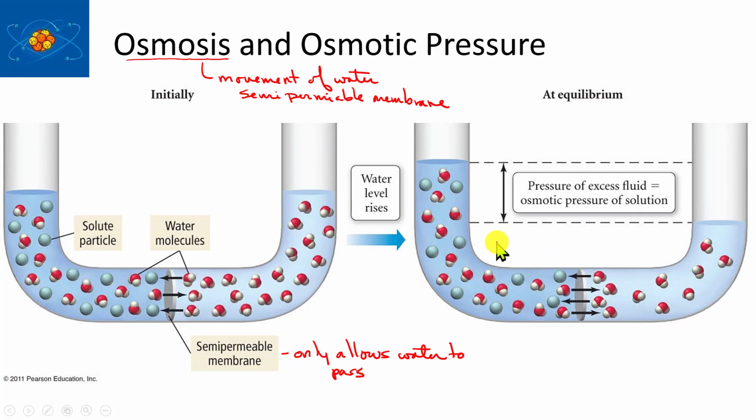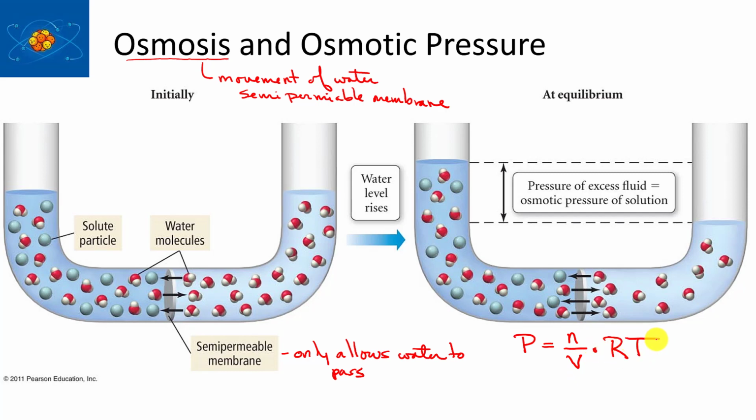It'll actually move it enough that you'll see a difference between the levels of water on one side and the other. The pressure that's represented by this difference in liquid from this side to this side is known as the osmotic pressure, and it has an unusual equation for calculating it. The equation will look maybe familiar, but it has to do with P, right, is equal to N over V times